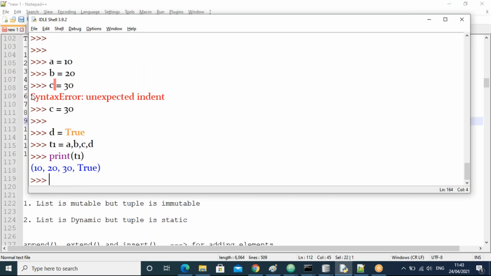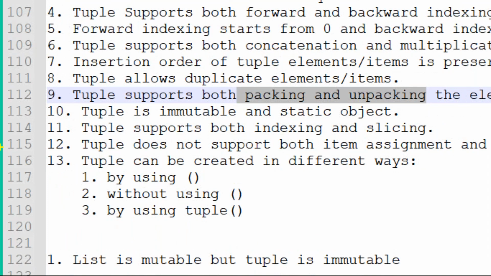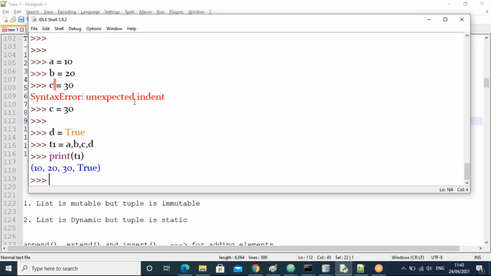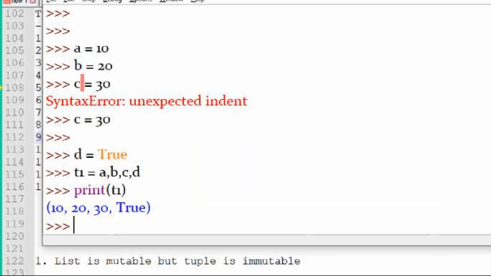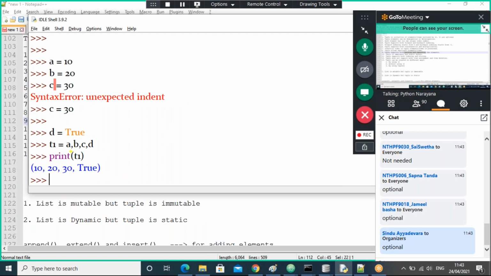So here, if you observe, I used here a comma b comma c. The same order came here. What is a value? A value 10, right?